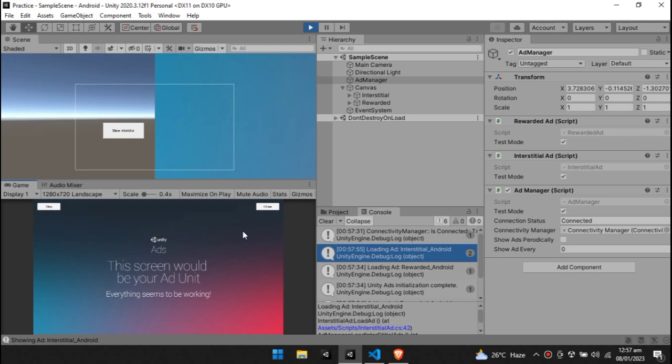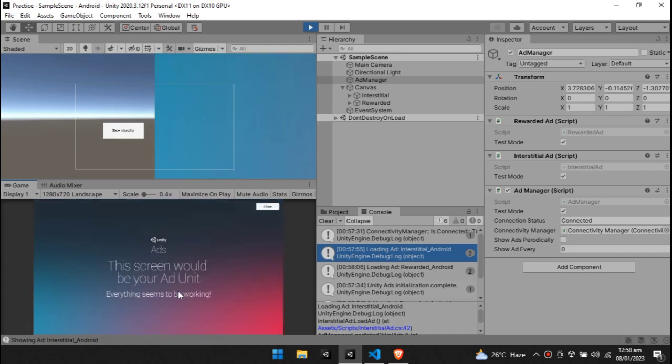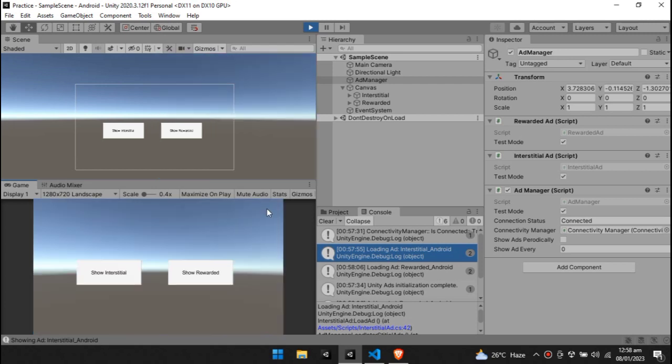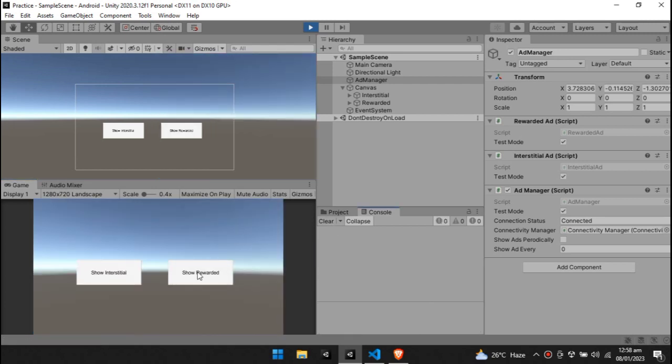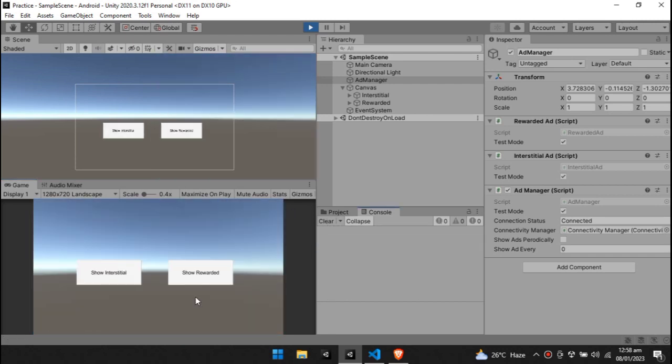If you deploy this to your Android phone or iOS phone, you get the same result. So just press close, show rewarded ad. Everything seems to be working. So close, it is actually working. So you can see it is loaded again, and show. So guys, that was just it. Like I said,